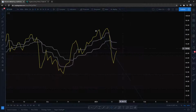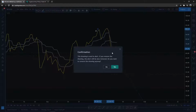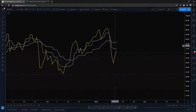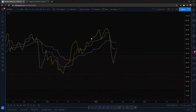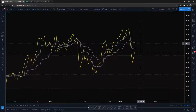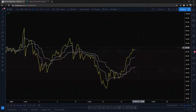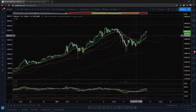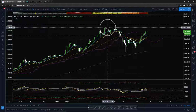So now if we can get the regain on the daily on the gray exponentials here, then that would be lovely. I'm actually going to go ahead and delete this because we don't need that. We want to remove it. It already triggered. So if we can get continuation from here and the daily regaining, which is about 75-ish on RSI, we should be good to go. For continuation, probably up to recent all-time highs at about